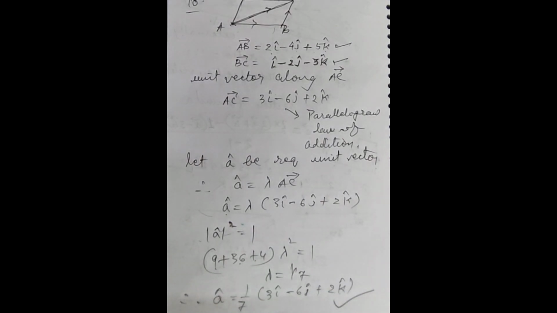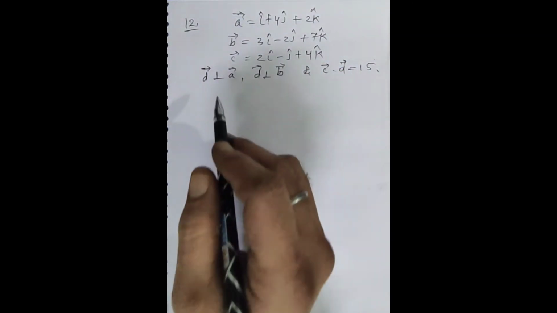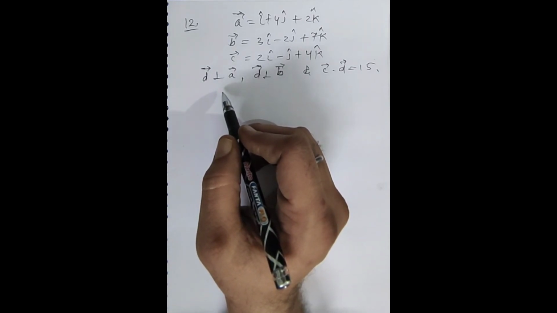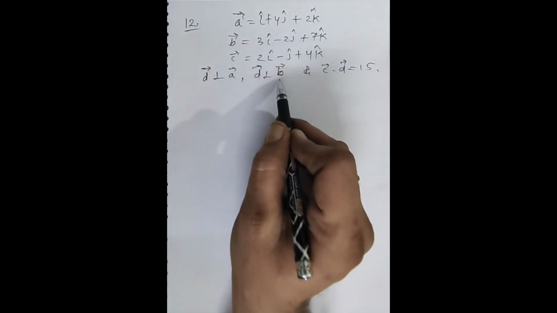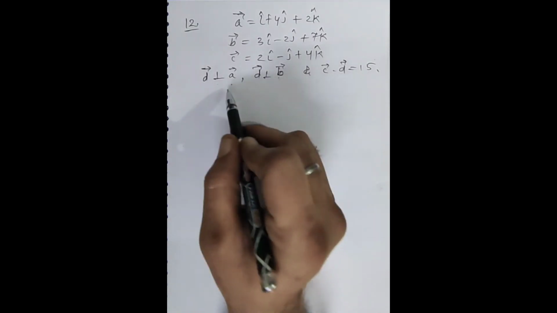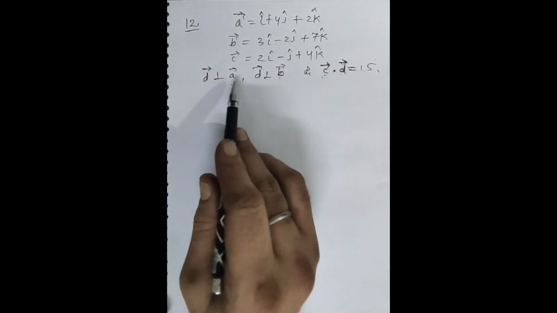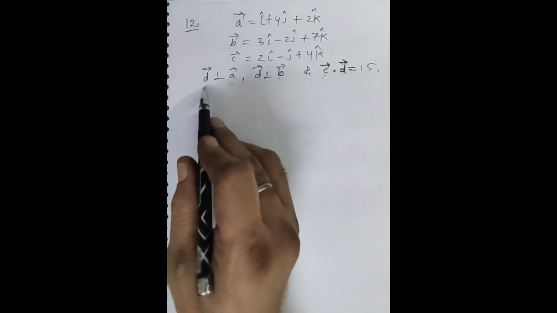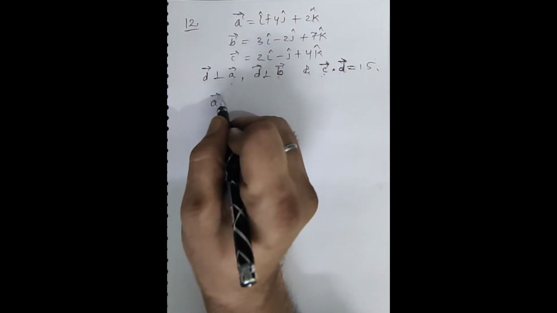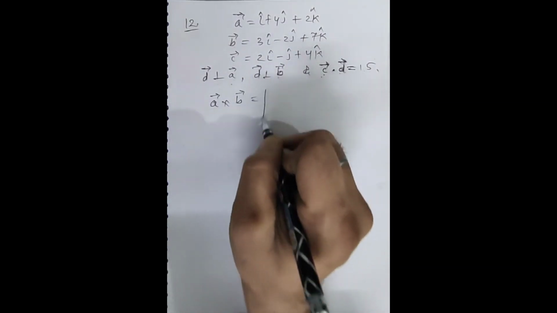Let's see the next question. Question number 12 is the next question, where a, b, c three vectors are given. We need one vector d which is perpendicular to both a and b, and with c its relation is that the dot product with c makes it 15. This is given. How to find it out? One theory: whenever a single vector is perpendicular to two vectors, keep in mind that it is surely along their cross product. Means what we are going to do, first of all we find the cross product of a and b